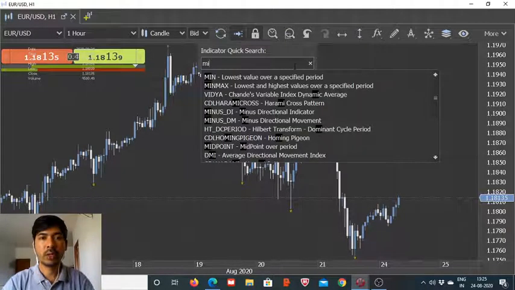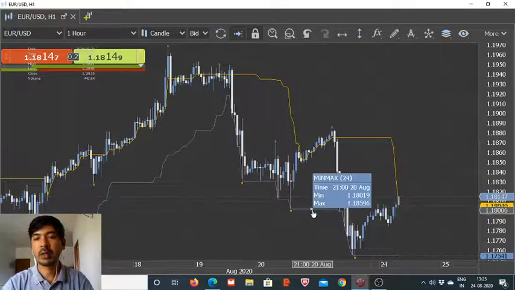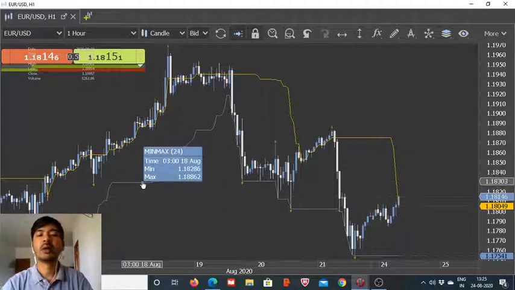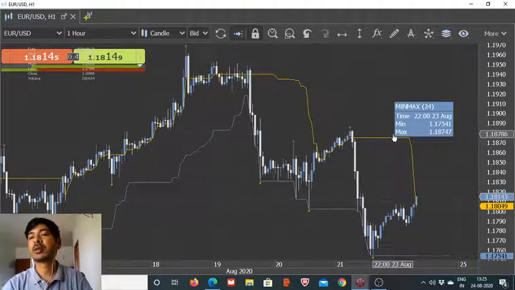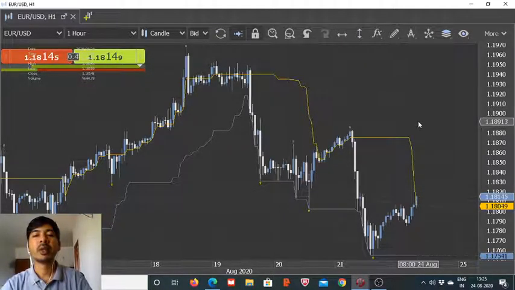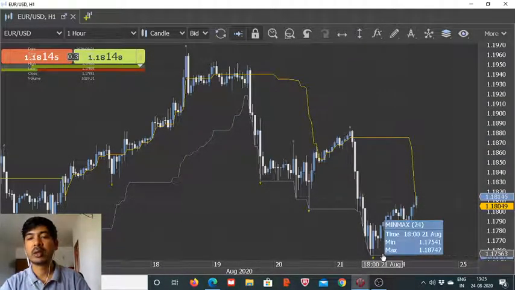All you have to do is add this indicator, and the default value right now is 24. Now when I said 24 is the look back period here, not look back, 24 is the time period here. So for the last 24 hours we will be taking into consideration the closing price, opening price, the high price and the low price, and since this indicator is taking into account the minimum of the low price, we have this minimum value for the last 24 hours at